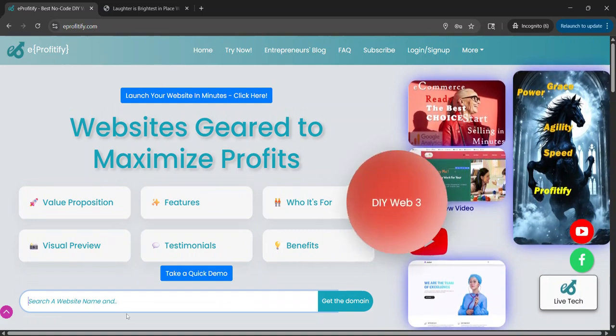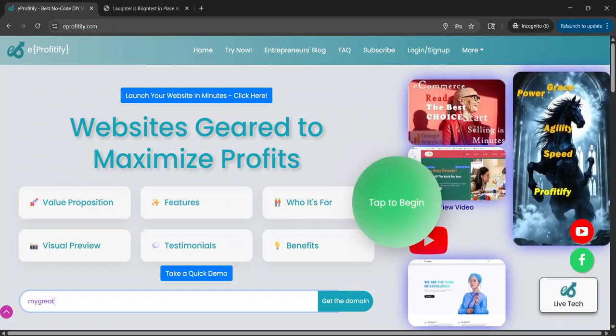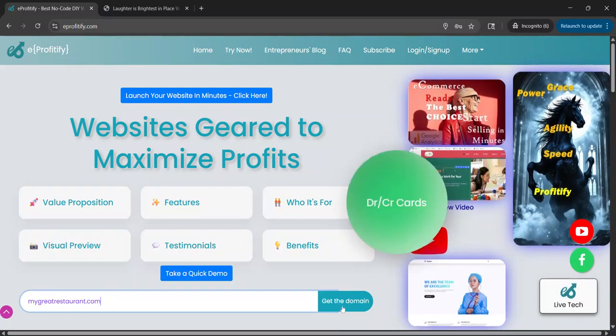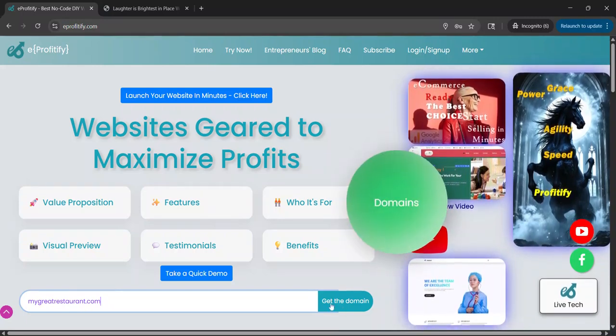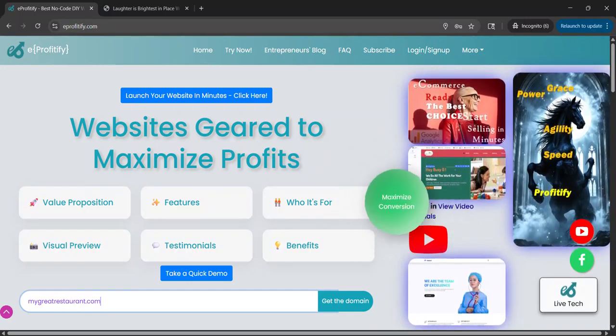The process is you need to start with getting a domain name. For example, if you're a restaurant owner, you could say mygreatrestaurant.com. Okay? So you need to check if this domain is available. World Wide Web, internet, right? So this checks the World Wide Web if it's available, and if it's available, then you can register it for